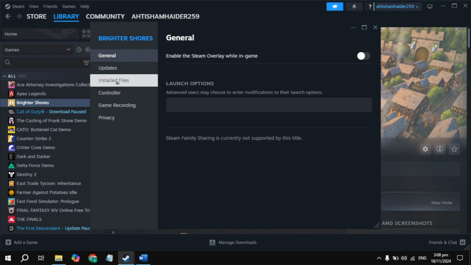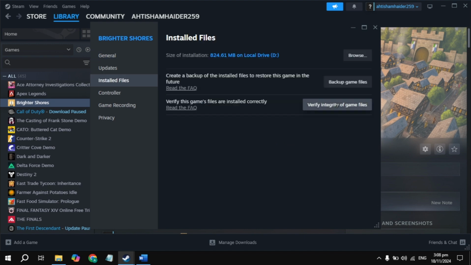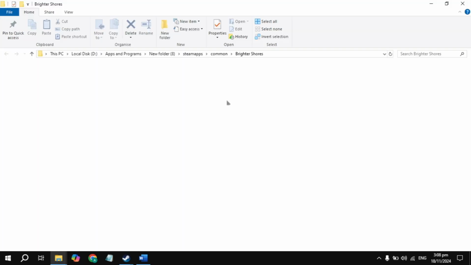Still you have the problem, then just click on the install files, click on verify integrity of game files, and it will take some time, so just wait for it, then restart your PC, then launch the game, then check. Still you have the problem, then just click on the browse option you are seeing on the top